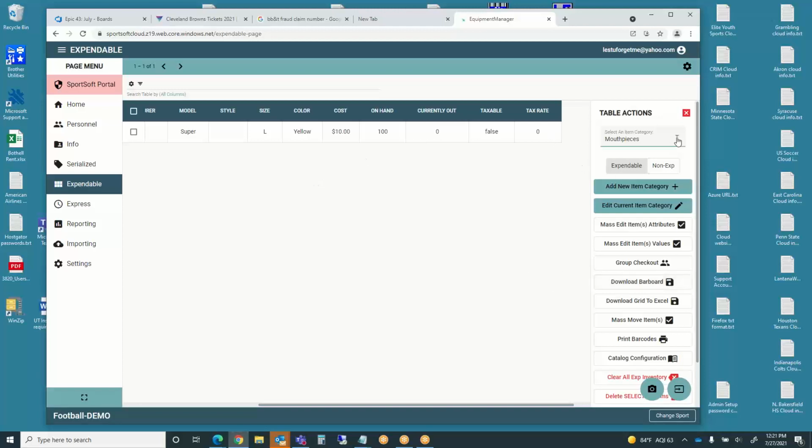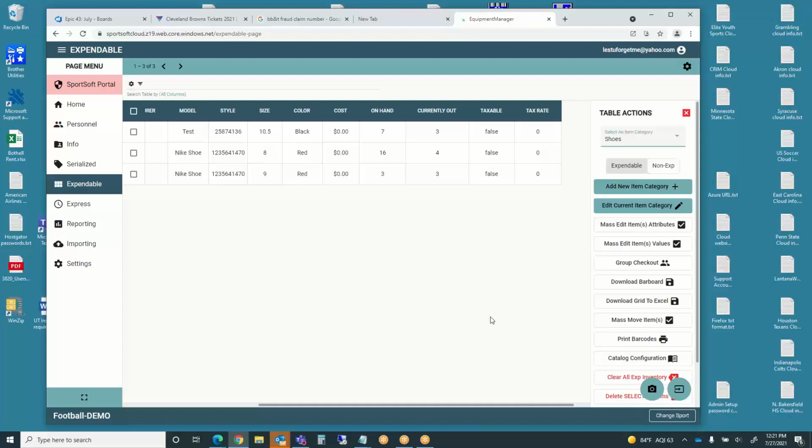Again, I can do the same thing here, Coach, that I talked about before. I can take all of the items right here, and if I want to create a report, I can simply download the grid to Excel like I showed you previously, and take that report and edit it there if I want to. But you can see here what's happened as far as that stuff is concerned. The catalog configuration,